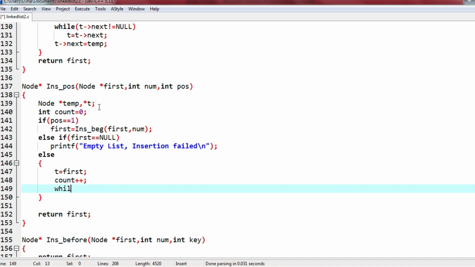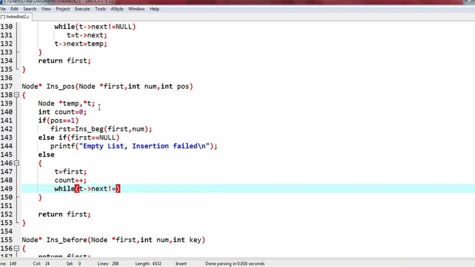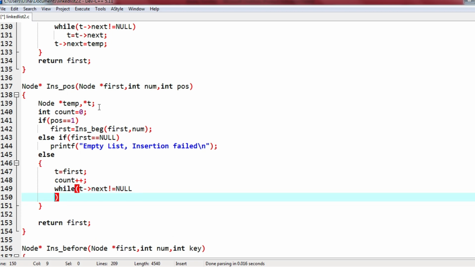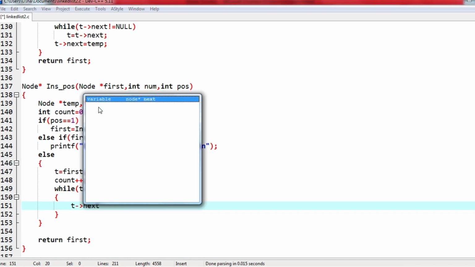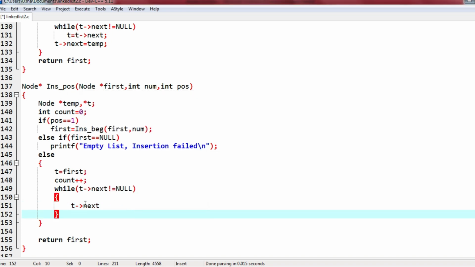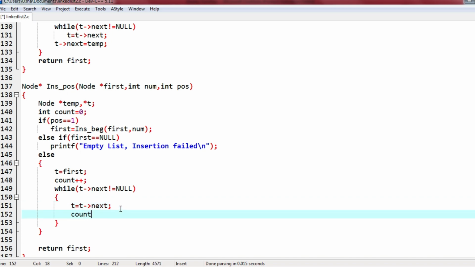While t next not equal to null, which means as long as some more elements are present in the list, we will move to the next element: t equals t next and count plus plus.